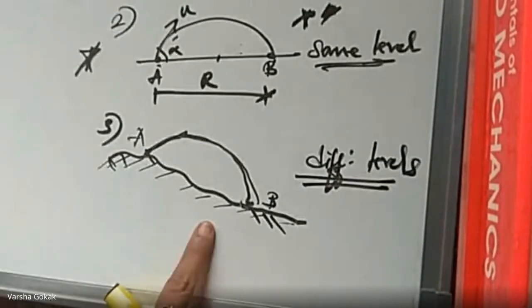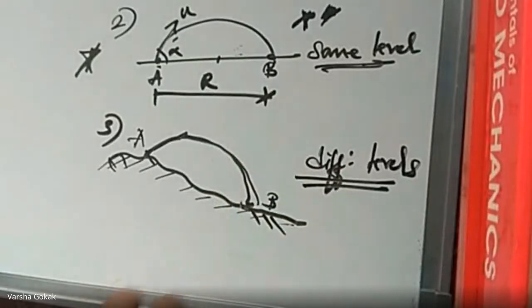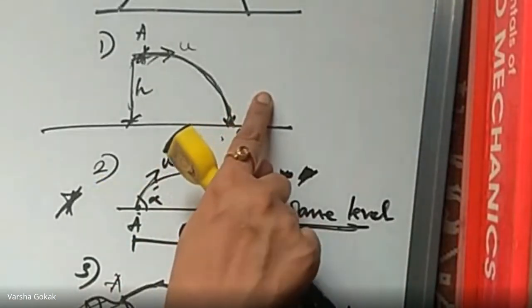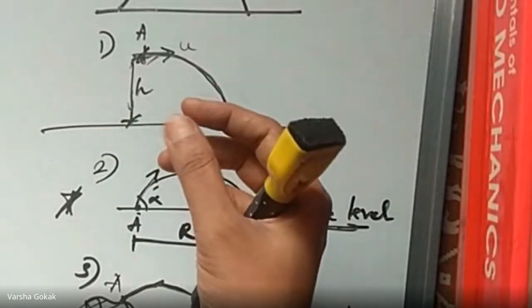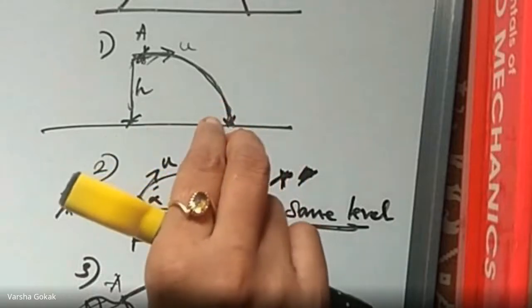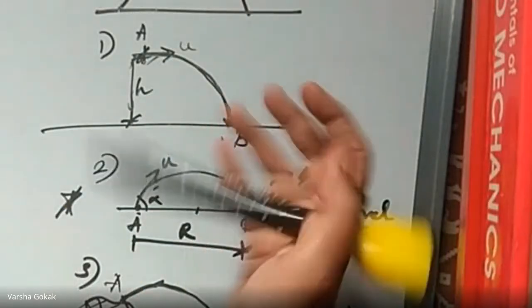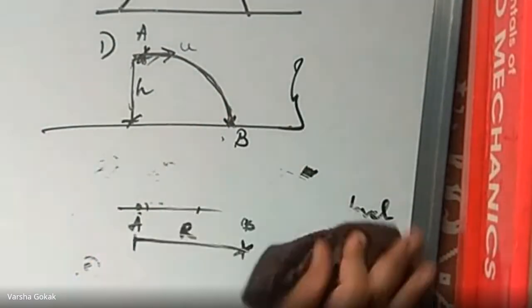Okay, there is no derivation as such. Directly there is a substitution related to this. I will tell you when we reach there. And this is simple. There is a small kind of theory explaining about this, not a derivation, and we need the formula to solve the numericals, right? So these are the three cases that we will be studying in projectile, right? So let us take the first case.